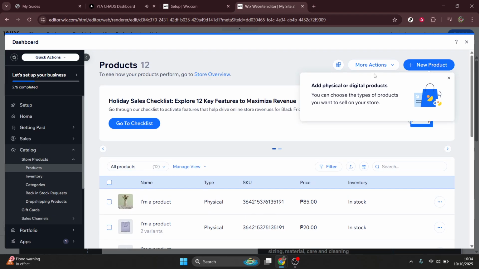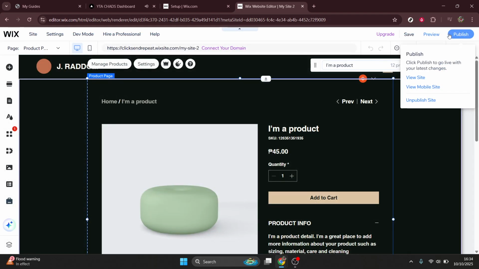Before the grand unveiling, click Preview to test every aspect of your store. You'll want to ensure that product pages load effortlessly